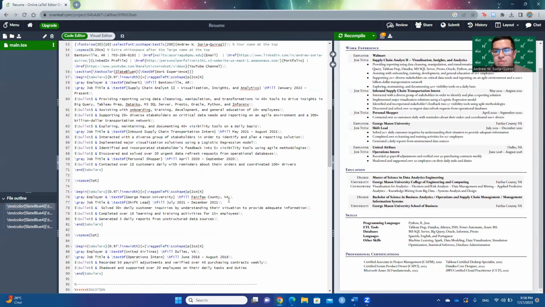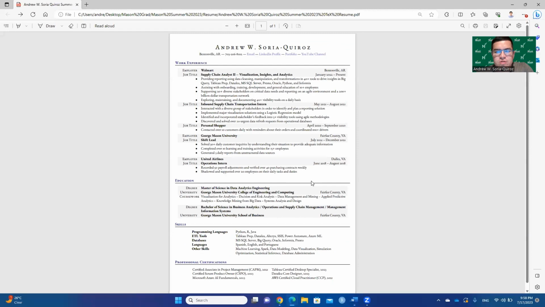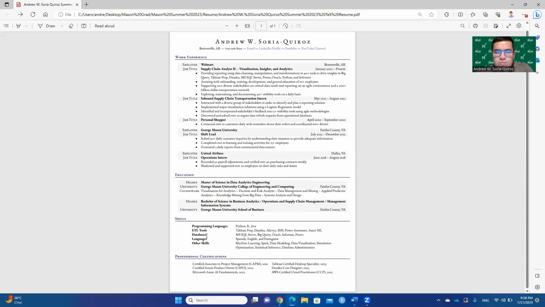Now, I did make sure that my resume fit in one page. I do have some additional experience. However, I did not consider that it was necessary for this specific resume. In fact, there is probably a lot that I could have changed here. I'm going back to the PDF version. As you can see here, I could have used way more space, for example. I do not need the university twice, probably, even though there are different faculties. It is kind of redundant. For example, if I really wanted to optimize my resume, I could also add more bullet points to my professional work experience,